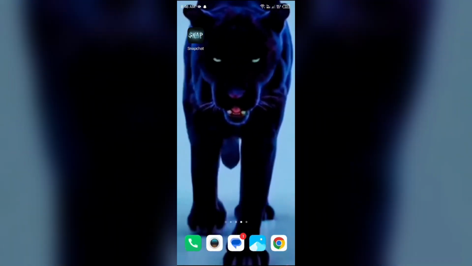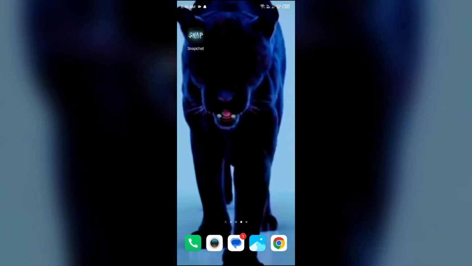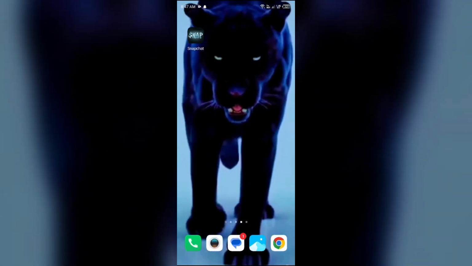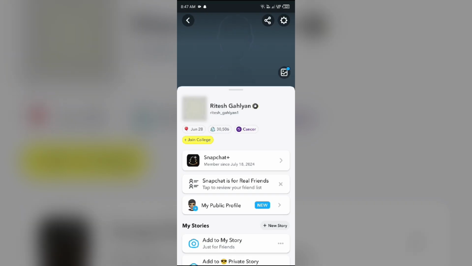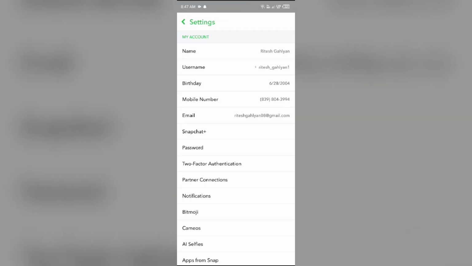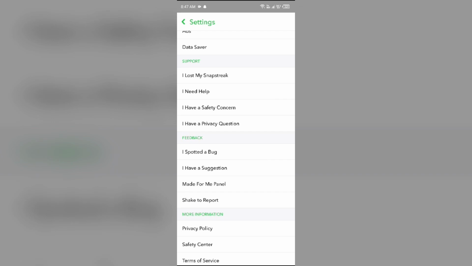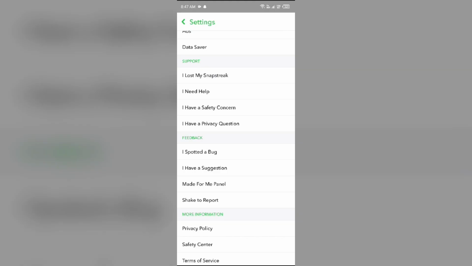The second solution to fix this problem is to contact Snapchat customer support or send them suggestions. For that, open the Snapchat app, tap on your profile and then go to settings. After scrolling down, you will find the option I have a suggestion in feedback.